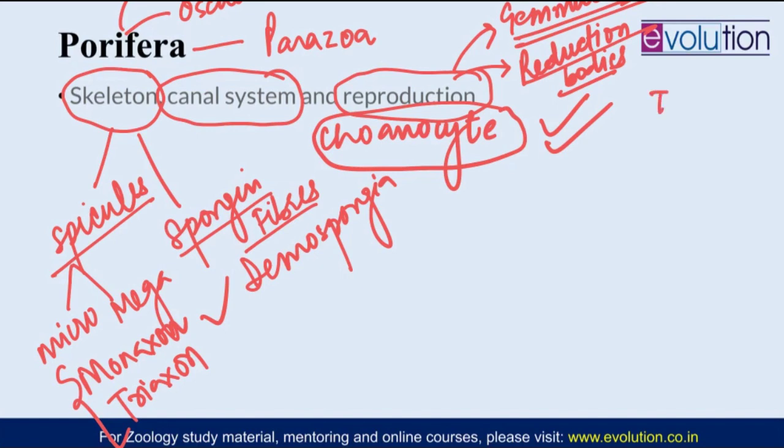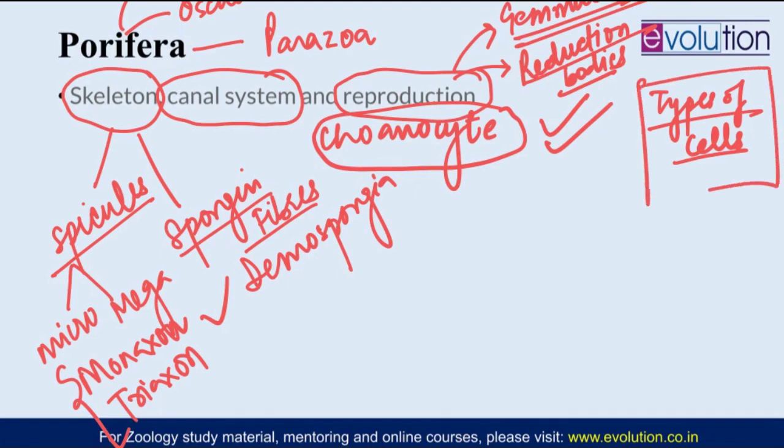Different types of cells under poriferans are also something you should learn. There is one choanocyte, but there is also an archaeocyte which can form any cell in the body. There can be amoebocytes. All these different cells you have to take an account of also. So that is something which will be helpful in describing different processes in Porifera.